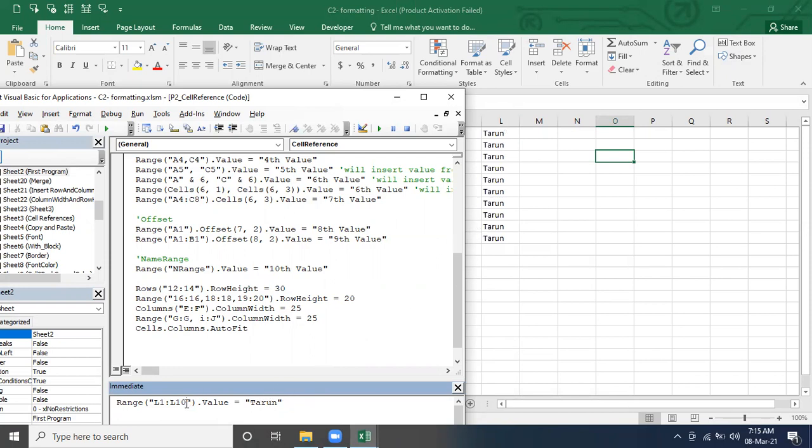So instead of defining this range, if you have already created a name range for that range, this is NR Tarun. What value do you want to pass? I want to pass the same data itself. So now we have not defined the range here. We are using the name range that we defined for that range, NR Tarun. It's going to pass the value there, as I placed that button.